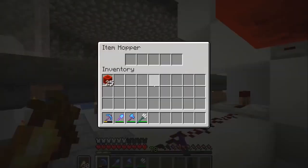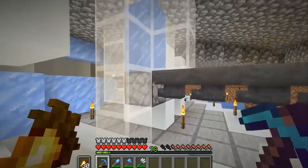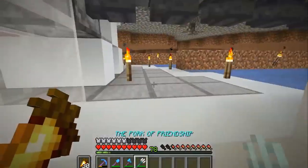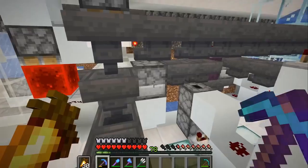Were non-stackable items flowing through there, or are they flowing out through here? I mean, I'm not seeing any evidence of non-stackable items. I saw them all travel through, but I didn't watch this water stream. Right, give me a second, I'm gonna run around. I actually just watched back the clip, and I saw a pickaxe fly out the item elevator, so clearly it is actually functioning. And let's just make sure that there's no...